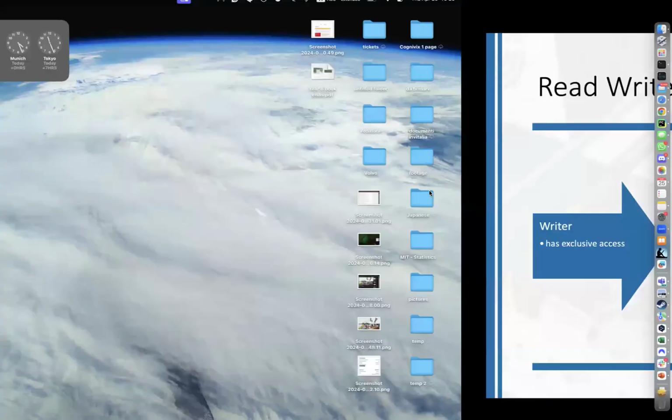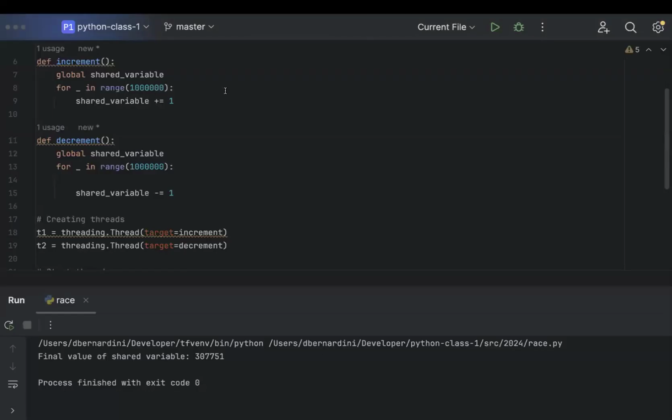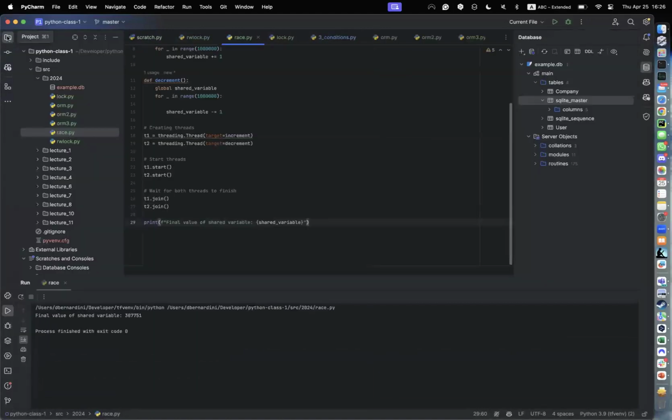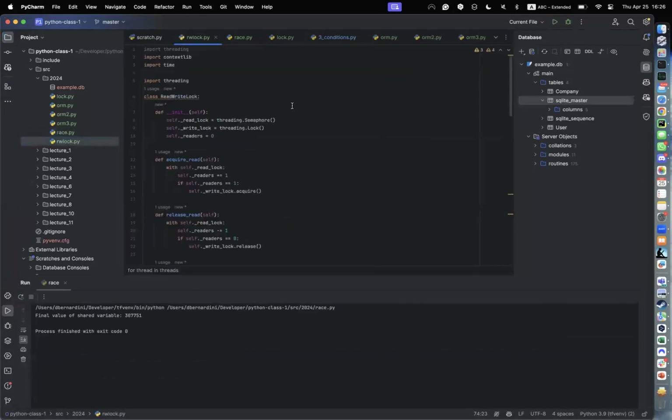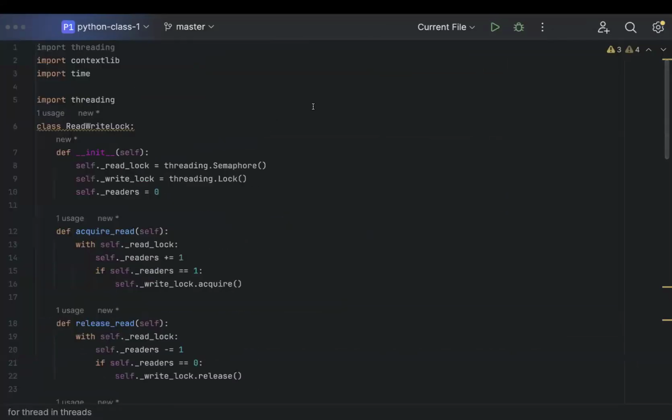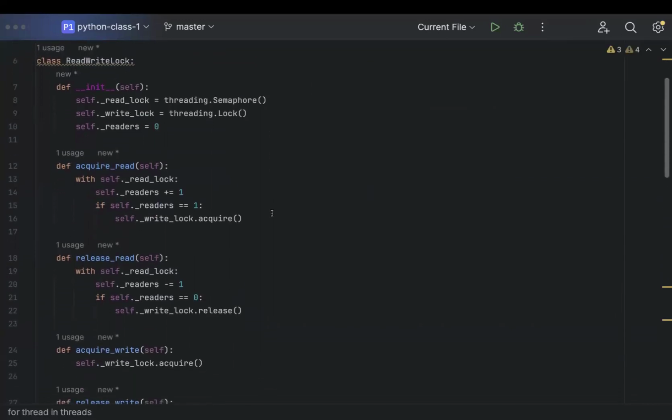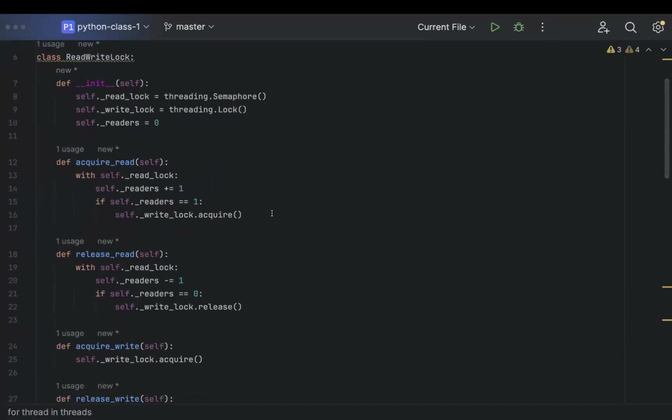So, here is an example of this. The implementation is quite simple. I first set up my basic variables: a semaphore, a lock, and a count, right? So then, when I acquire read, what I do is